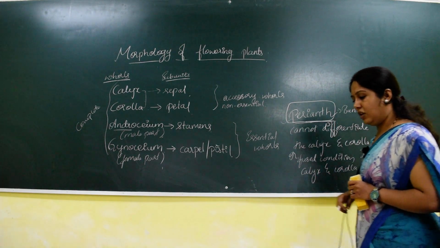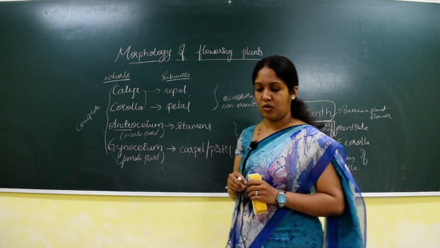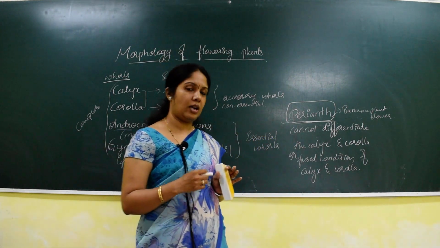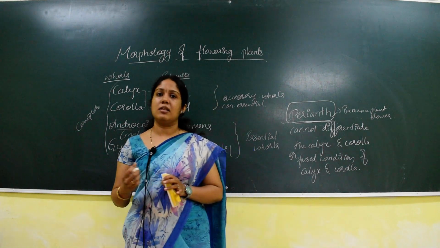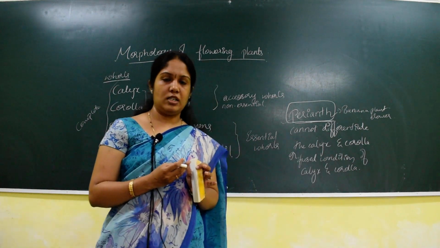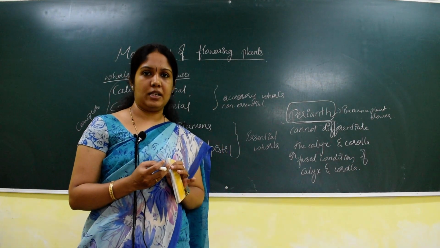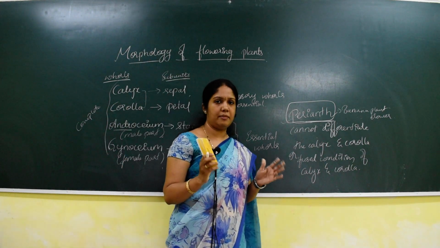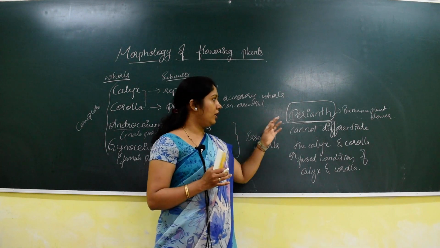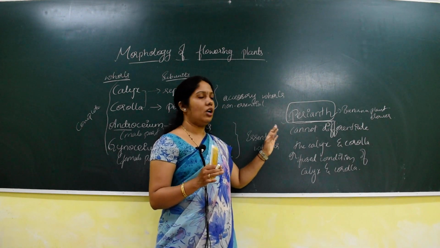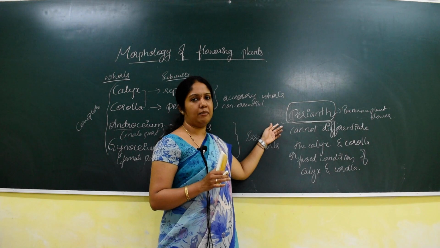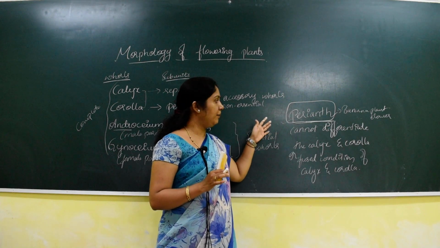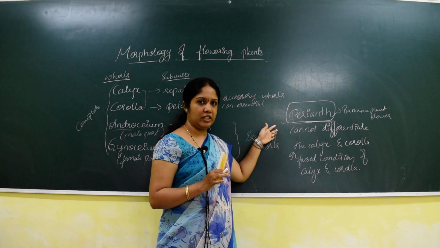There is one family called Liliaceae, which you are going to study in your first year syllabus. There are many families, but in your syllabus there are only three families: Solanaceae, Liliaceae and Fabaceae. The flowers having the perianth condition are all placed mainly in the family called Liliaceae. So in the Liliaceae family, we can see the perianth condition.